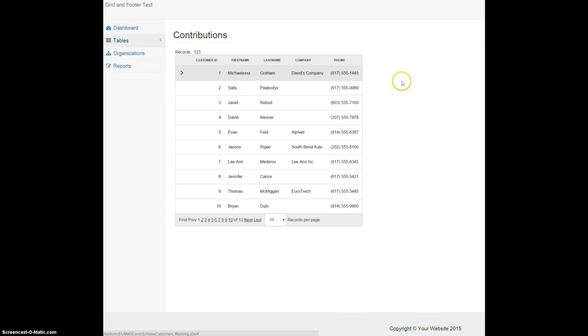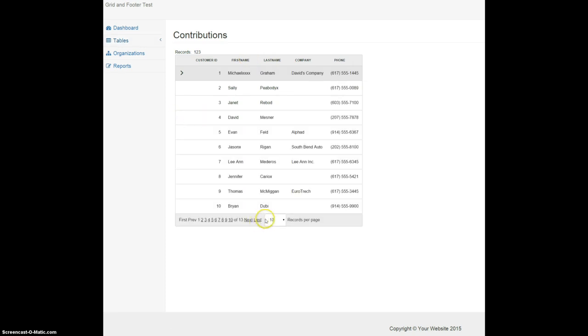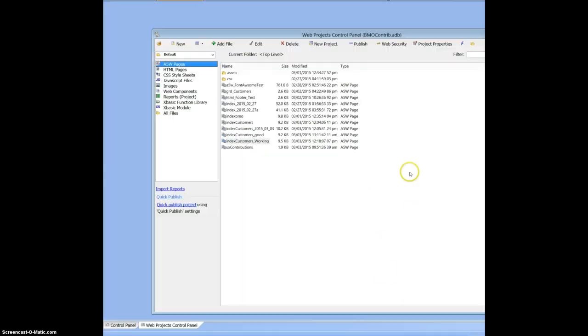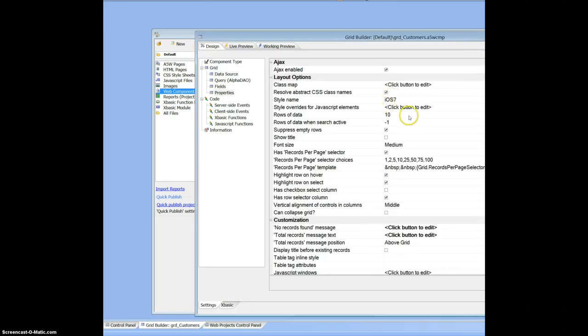And it's got a footer as well, and you can see that our grid is displaying 10 records right now. And it's sizing itself, and it's sitting inside an iframe right now. But let's go and change this a little bit. What happens if we change our component, our grid, and we display 100 records? I'm going to save that and publish it, and then we'll come back to